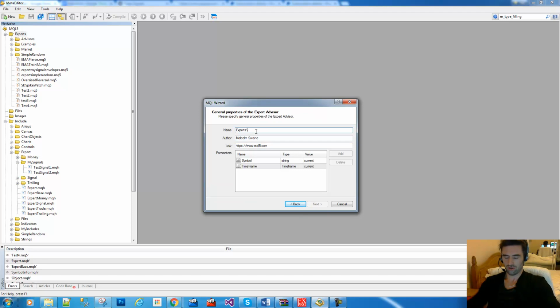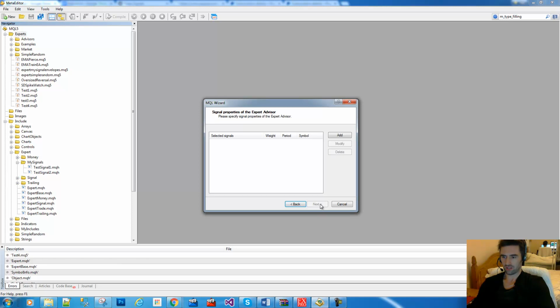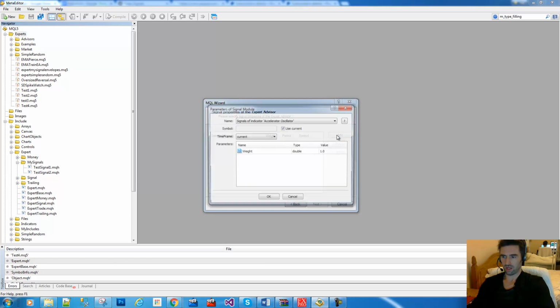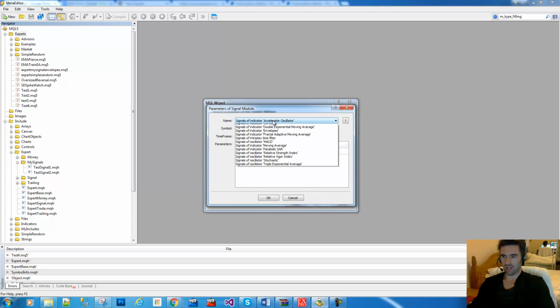So I'm going to choose everything as pretty much default. So experts, and we're going to call it just EA1. There's a couple of things that will be included in here in the input parameters. So I'm just going to go for the default there, and we're going to add a